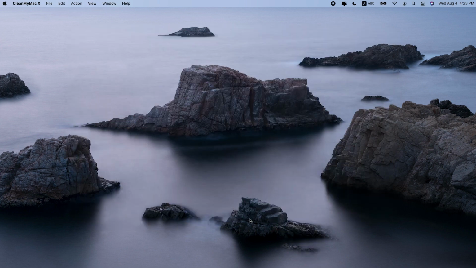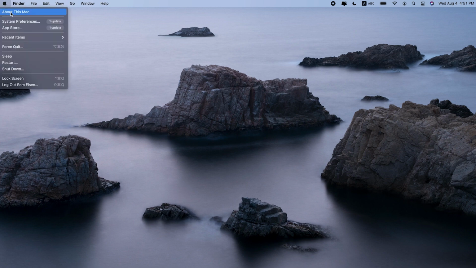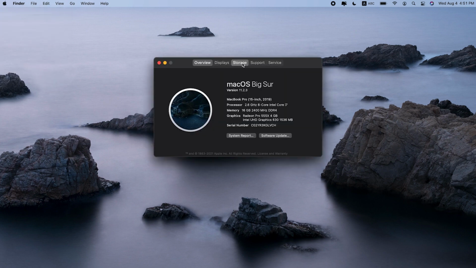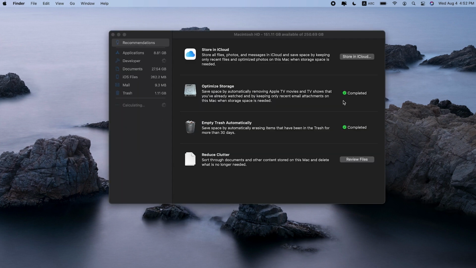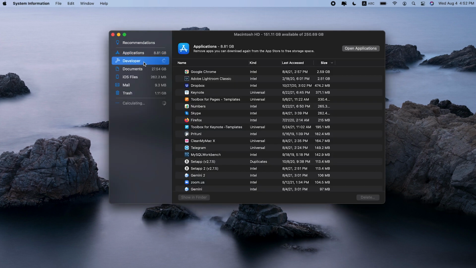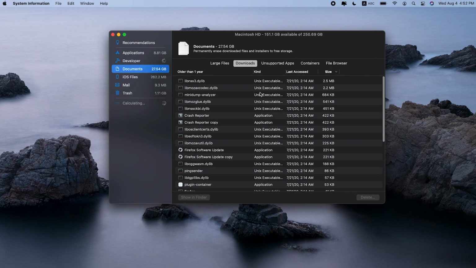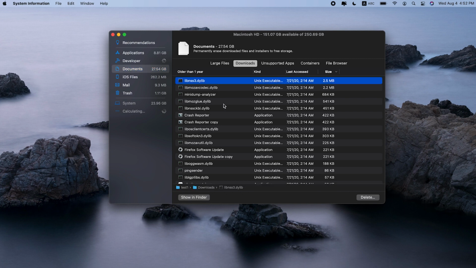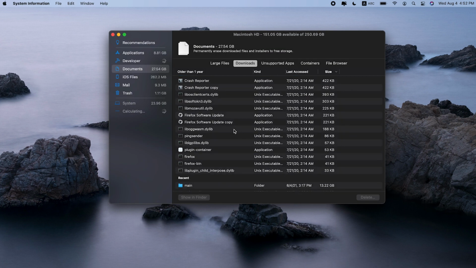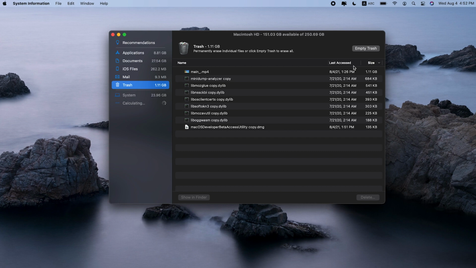And by the way, you can also fire up Optimize Storage. This is a tool that comes with your Mac, another way to get rid of useless files. Open Apple menu, then click About This Mac. And Storage, where you click Manage. Now you can sort your files by size and decide which ones to delete or move to an external drive. Don't forget to empty your trash bin.